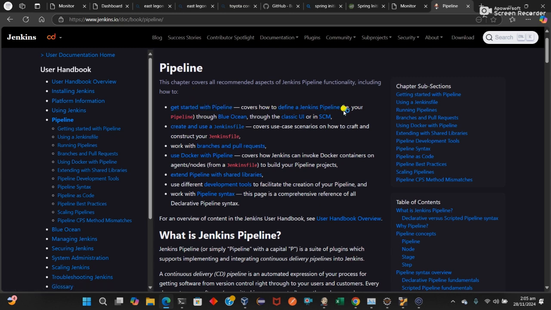It covers how to define a Jenkins pipeline. That is your pipeline, through Blue Ocean, the classical UI, or SCM. So we are going with the SCM approach because we've explained that SCM is software configuration management, and all these processes